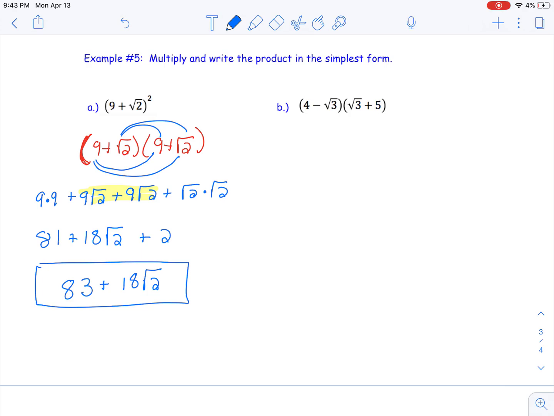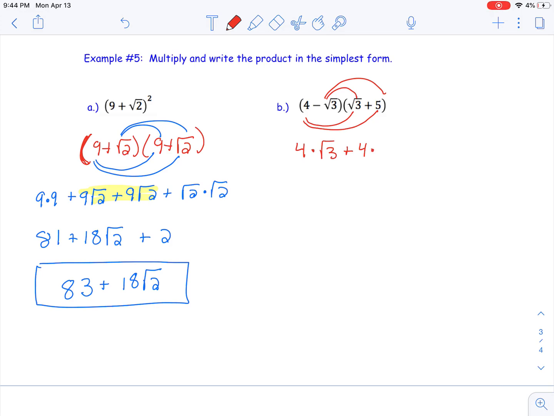And our very last one. This one just looks a little different because we have a radical here and a radical here. So it just looks a little different when we FOIL it. So we're going to take the first times the first, the last, the two inner, or the two last. So I'm going to get 4 times radical 3